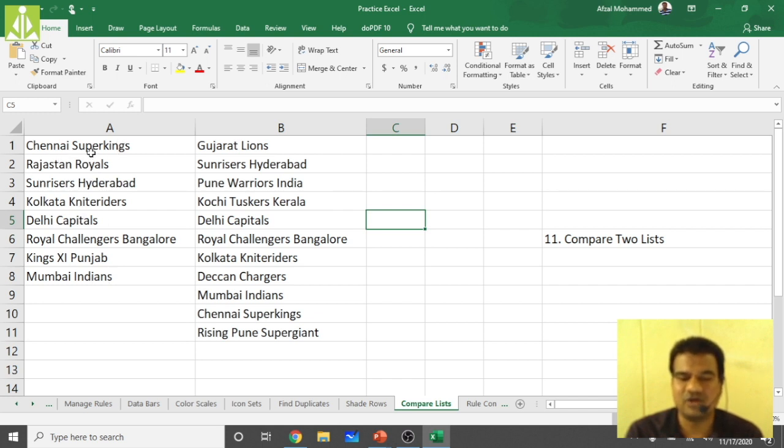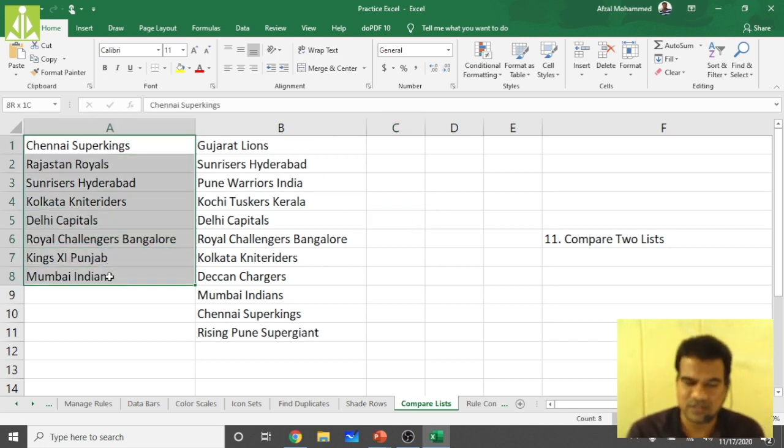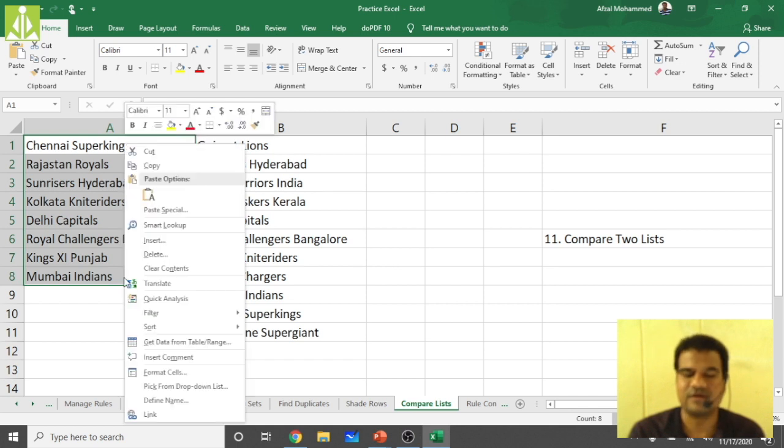Now, in order to find the duplicates between these two lists, this is my first list and this is my second list. We have to name these two lists. How can we do that? First, name the first list. Select the list by simply holding and dragging, then right click, and here you have the Define Name option, the last but one option.